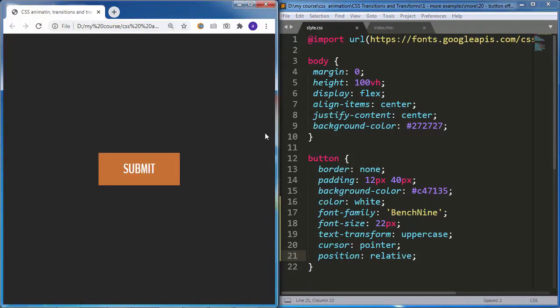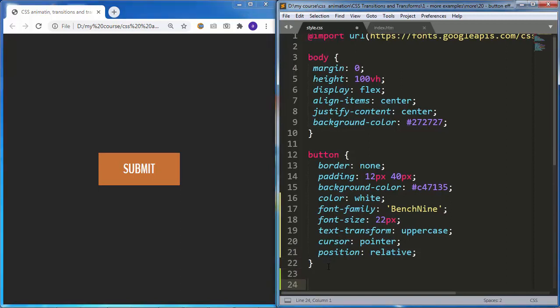Now, let's create the borders. We will create the borders that sit on the top left corner first using the before pseudo element. Then, we will create the ones that are on the bottom right corner. So, I will target the before pseudo element of the button,